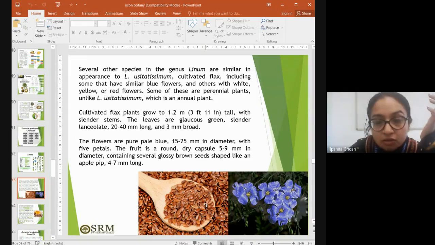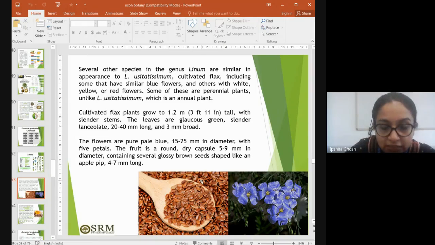It's very commonly consumed by people nowadays. It's very much trending because it's considered good for health. So these are flax seeds. They look exactly like the picture shown here. They have bluish flowers, very characteristic bluish flowers. This species has bluish flowers, but there are also other species of Linum which have yellow or even reddish flowers.